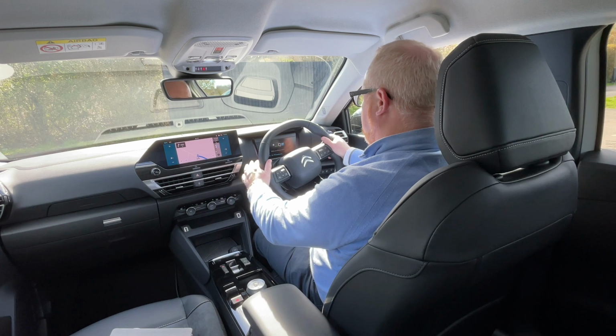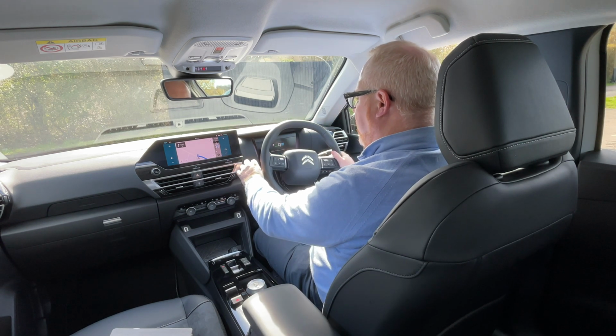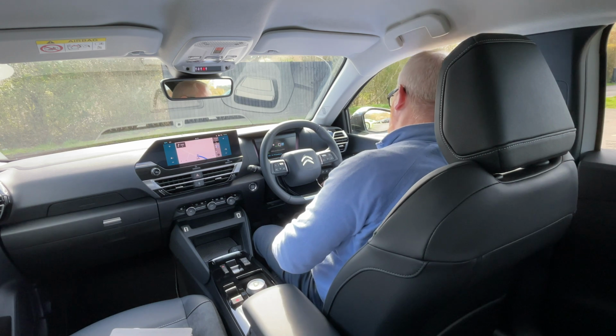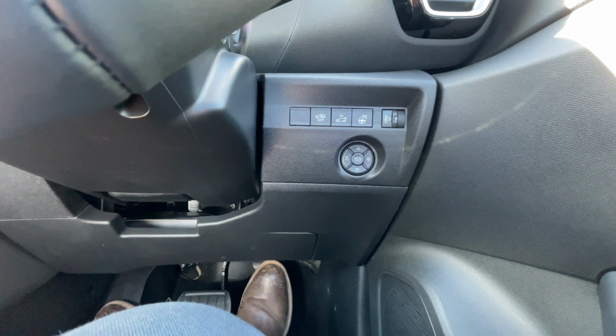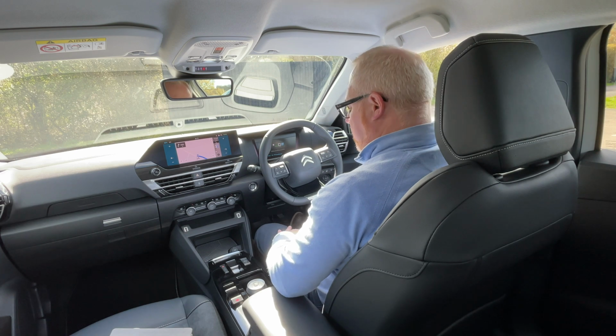Same with the column stalks on either side. They've, again, nice oily movement to them. They click nicely and you get this nice little soft click sound when you operate those. You've got some ancillary controls down here, so things like for opening the boot, heated steering wheel, which is an option, which is only available on the top spec model, and then obviously your door panel with your mirror and